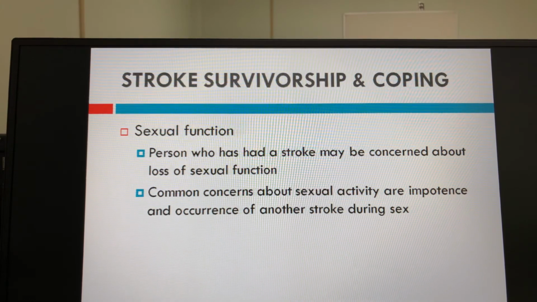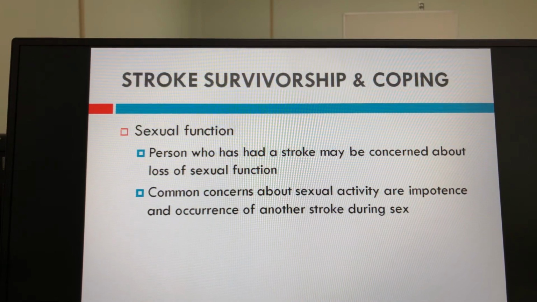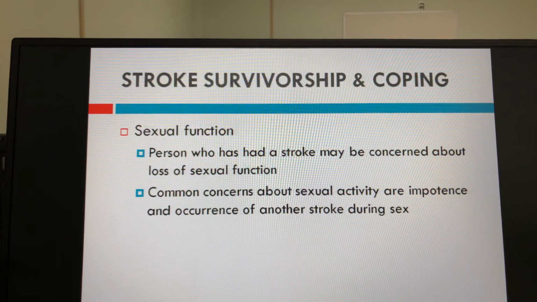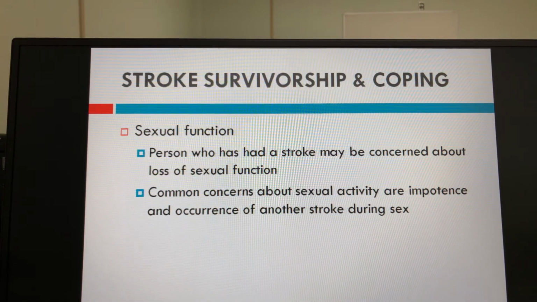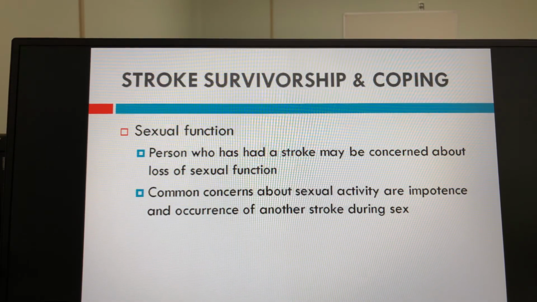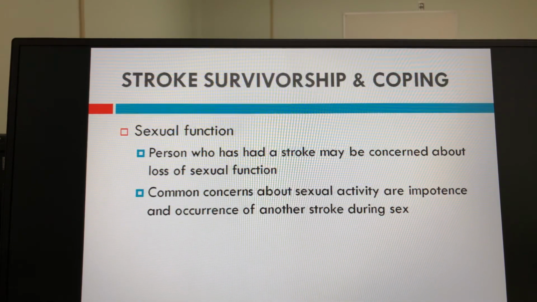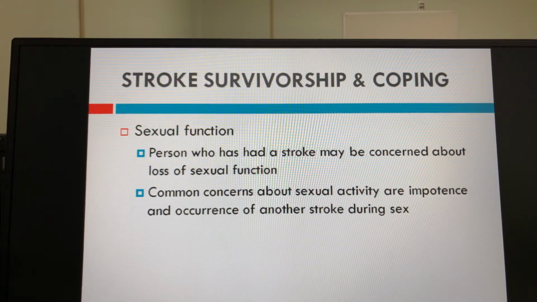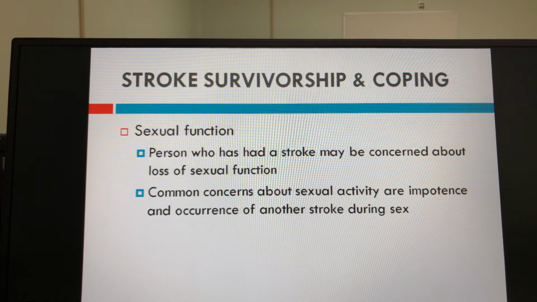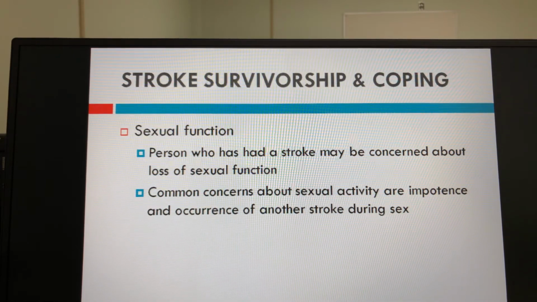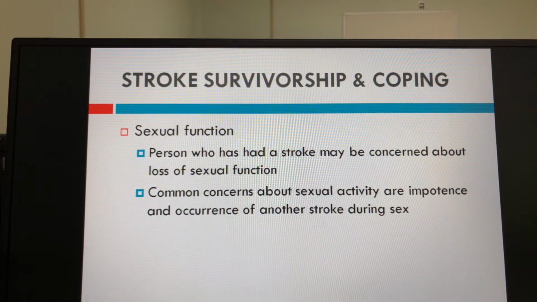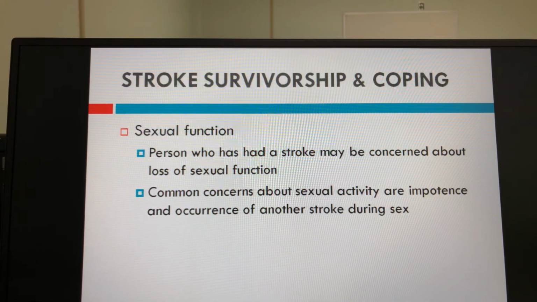And it says that nursing interventions for sexual activity include teaching about optional positioning of partners, timing for peak energy periods, and patient and partner counseling. And I said before, I know I brought up something about that counseling. And then they talked about